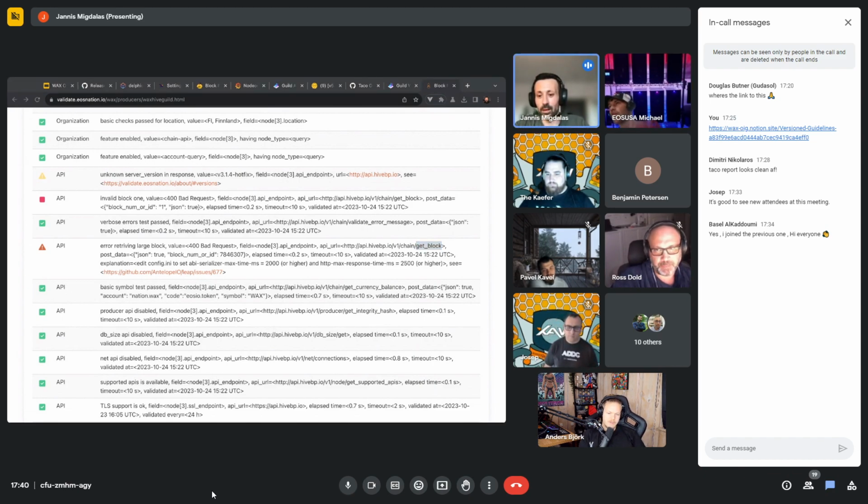Let's go with raise hands again. Ross, yes, it's your turn. The get block is the main one. People want to find out what occurred in a specific block, what transactions were in a specific block. If you do a get block, it gives you all that data. I can see people are using it on our nodes. People actually do run a get block.